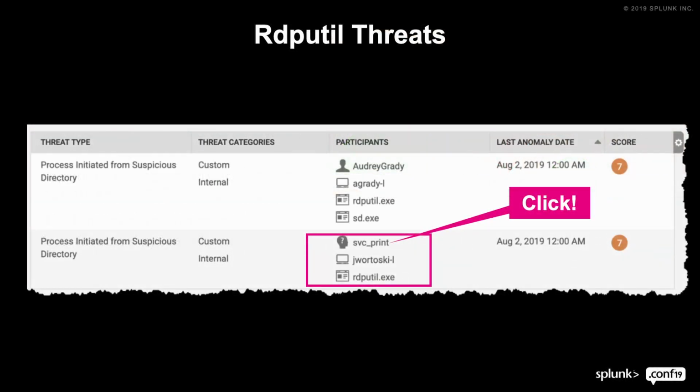So I'm gonna go back and something actually piqued my interest when I was looking at this, and I see the svc_print. That user doesn't exist by default. It's not out of the box with Windows. It is, at best, a service account that should be not executing anything inside of your environment, theoretically. So I click on that,